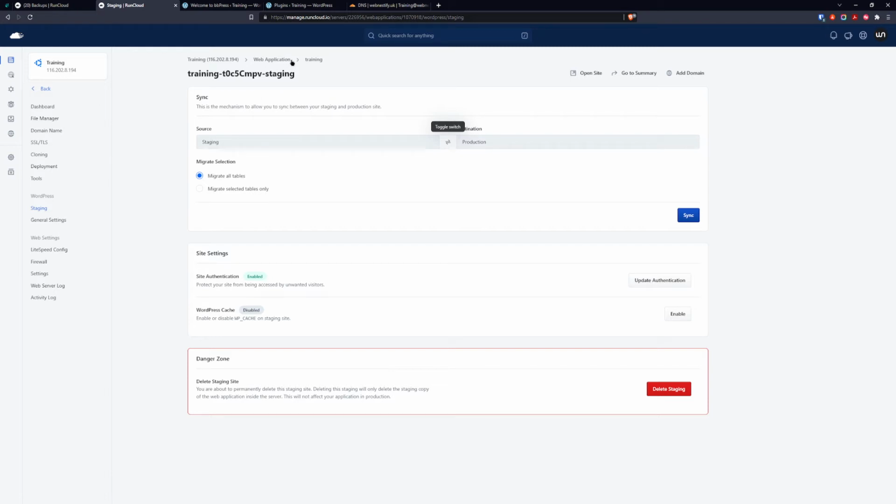clone the web applications, and cloning is for when you want to have a different version of the same website. You can also use staging, but if you want to tinker with some advanced stuff, or you want to have two separate versions, I recommend creating a clone. So we go back to our web applications,